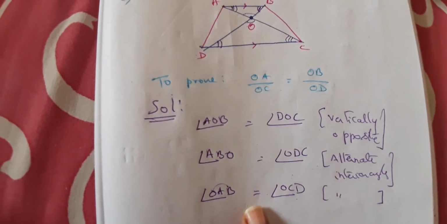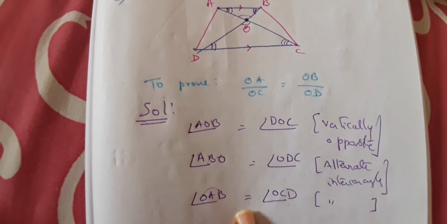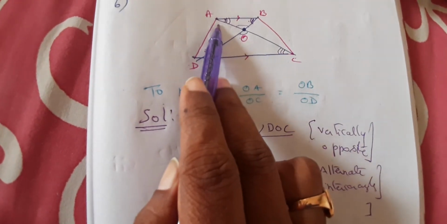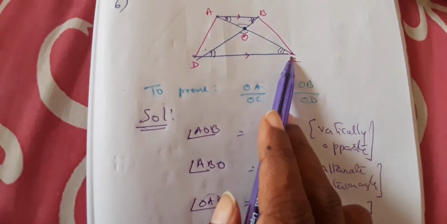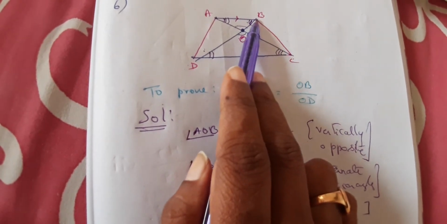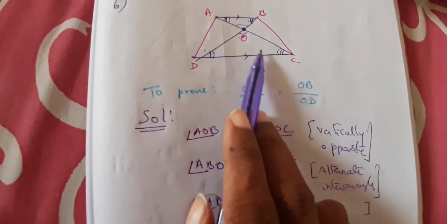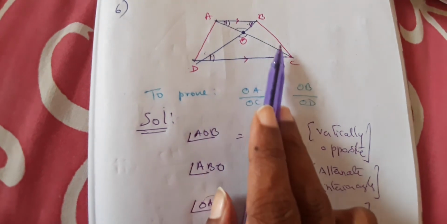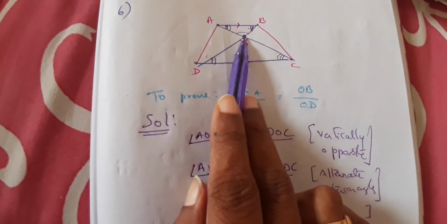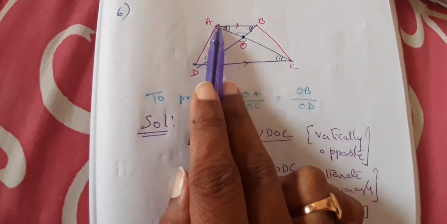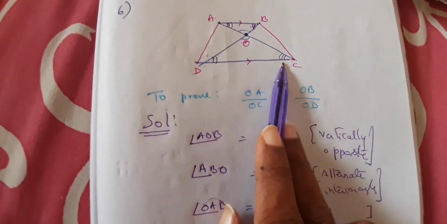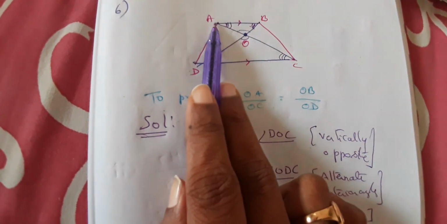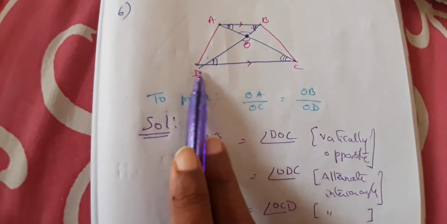So now which particular triangles are similar? So see the order. These are the corresponding angles. B and D, A and C. In fact, I should not say A and C. I should name the complete thing. BAO and OCD, these two are corresponding. That means this corresponds to this corresponds to this. Suppose if I start with O, so if I move along OBA, then I have to move along ODC. If I start with A, what is the corresponding angle here? It is C. So if I move along ABO, then I have to move with CDO.